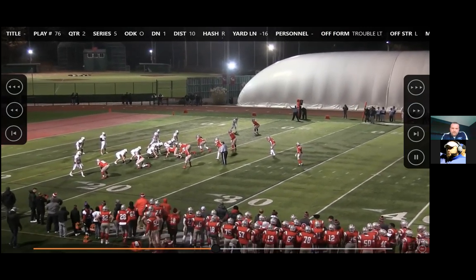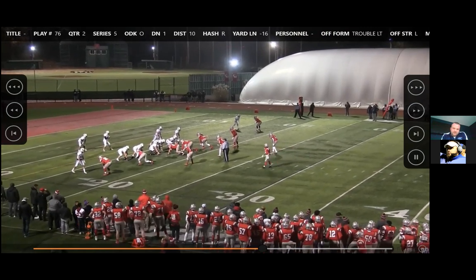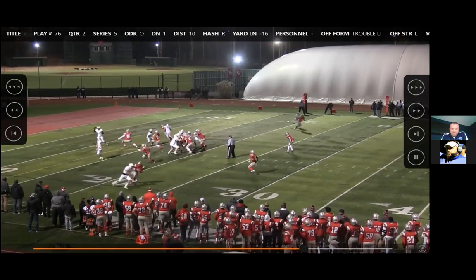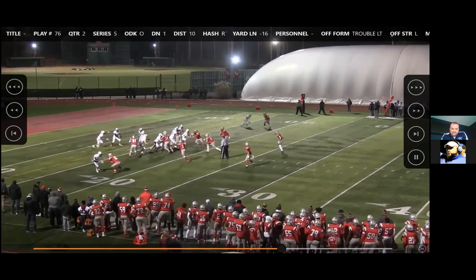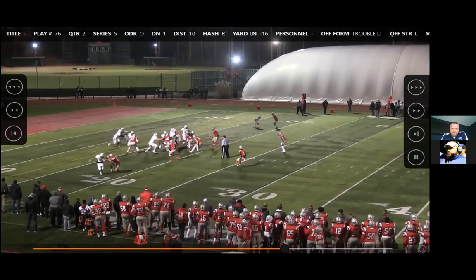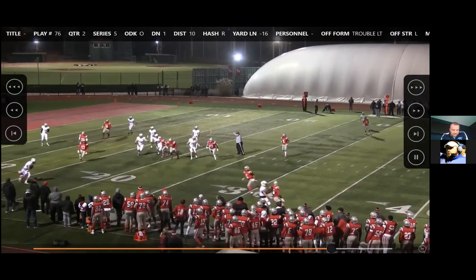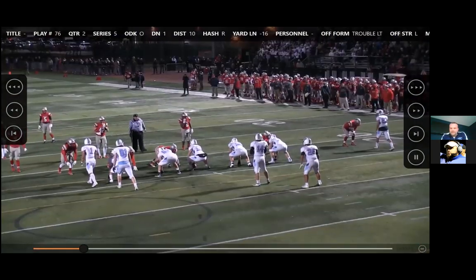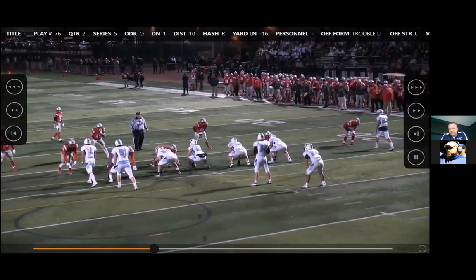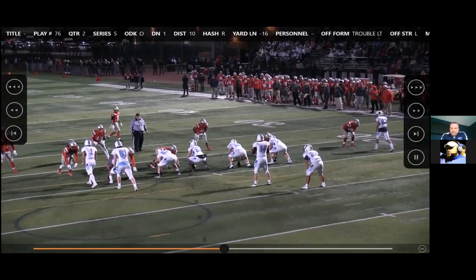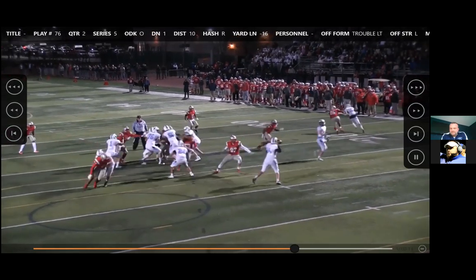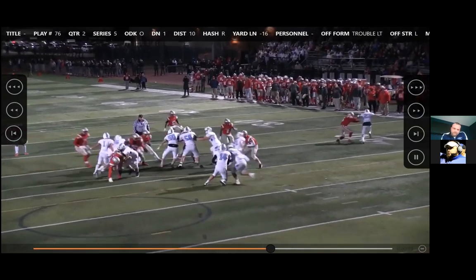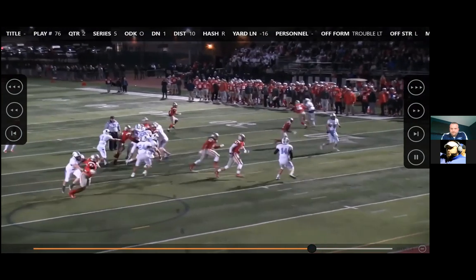He's been coached well. He's going to squeeze it, he's just going to give that little turn. You see that outside flipper, like he's ready to take it on. Now we can't account for the fact that number 2 here is a really, really good athlete. But that's what we're trying to do, slow that end down a little bit to help our split zone work. Obviously, it's a good RPO to throw too, but sometimes we call this just to try to get the end to loosen up. Look how hard he was collapsing down when we were calling split zone. So maybe if anything, he thinks about it next time.